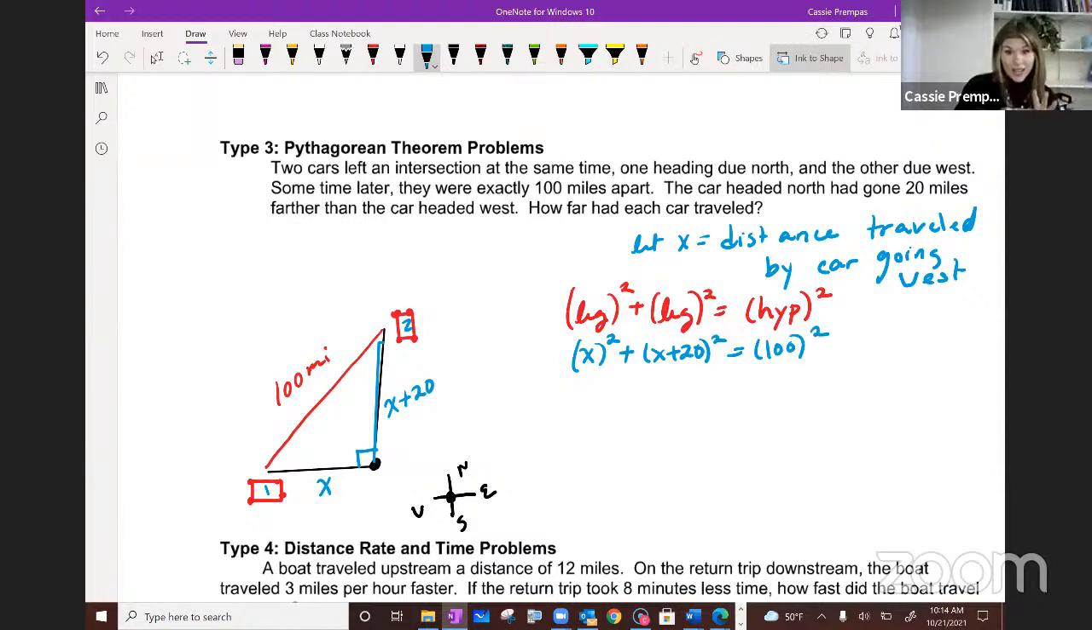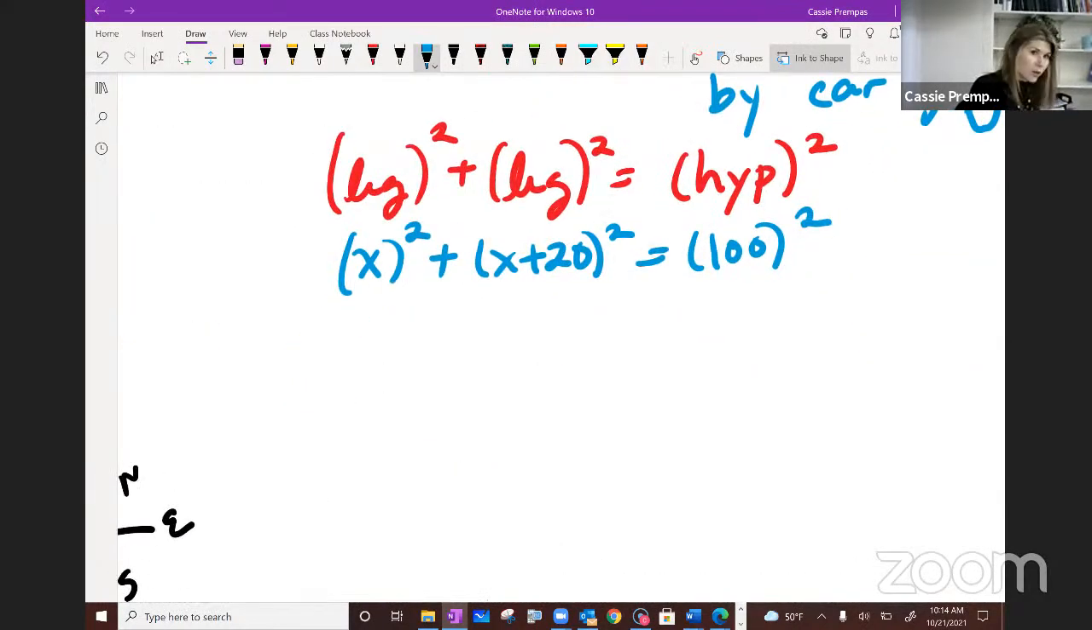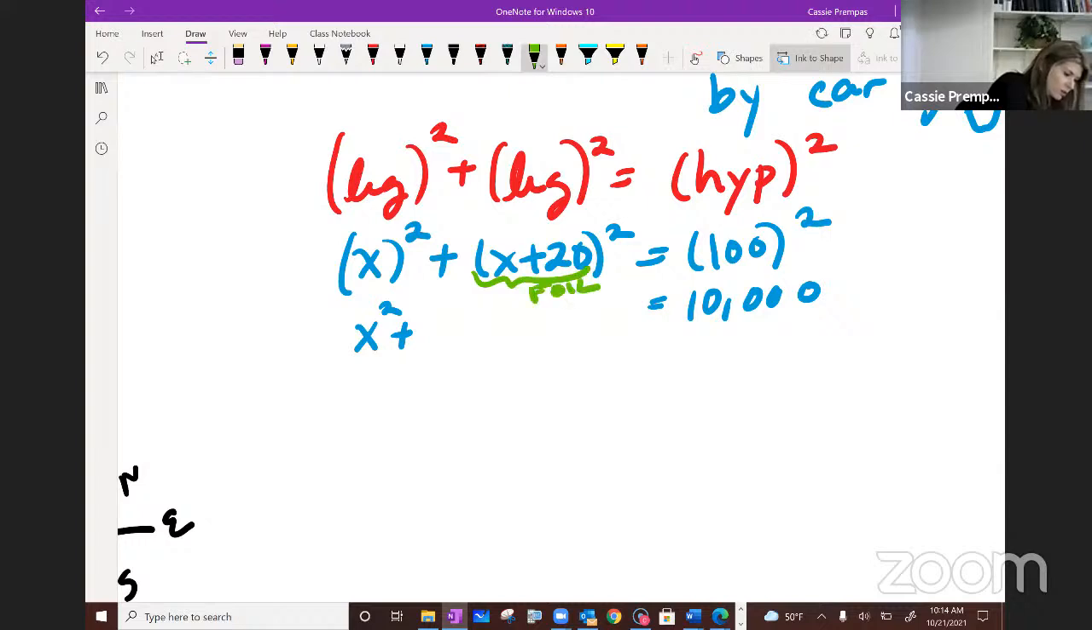Now this is a quadratic. I need to go ahead and start solving. So 100 squared, that's going to give me an answer of 10,000. So that's equal to 10,000. x squared is just x squared. This guy, I know I need to FOIL. So that's going to be x squared plus 20x plus 20x, which will give me 40x plus 400. It's a quadratic, so I'm going to combine those like terms, which will give me 2x squared